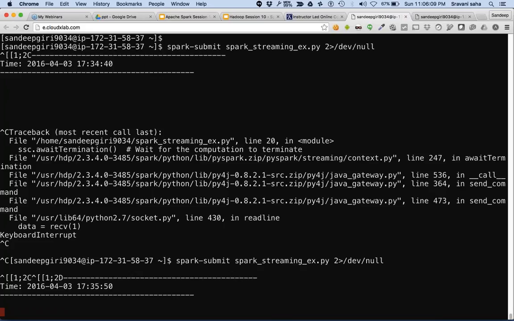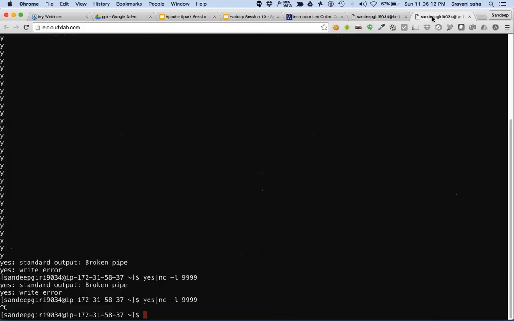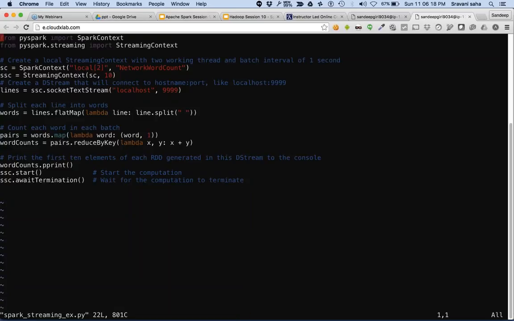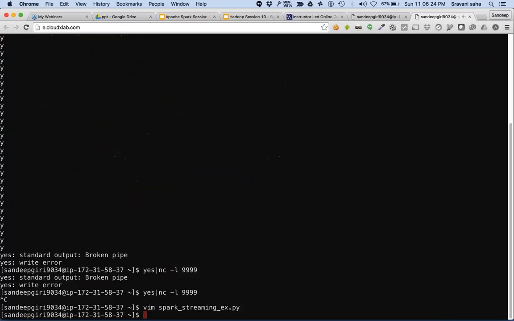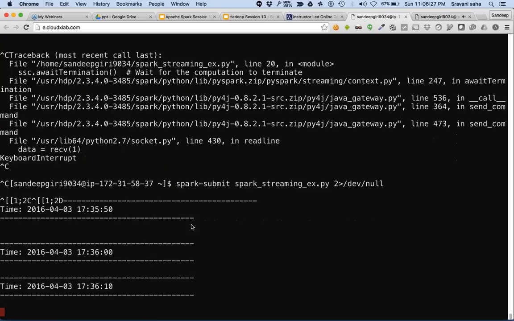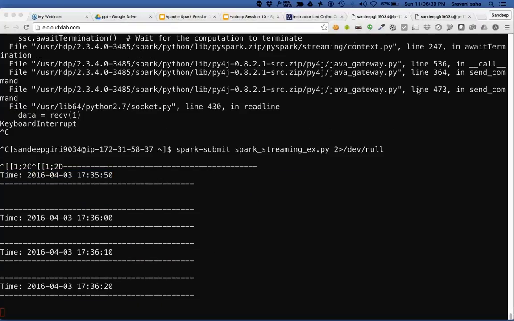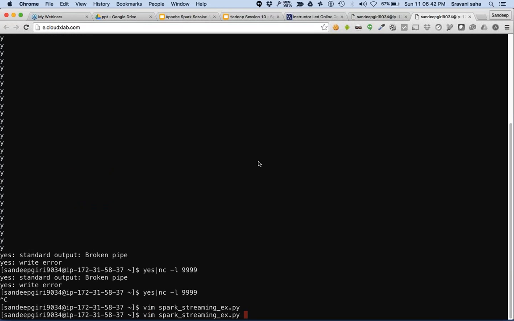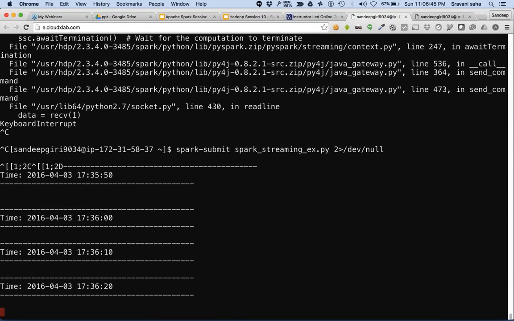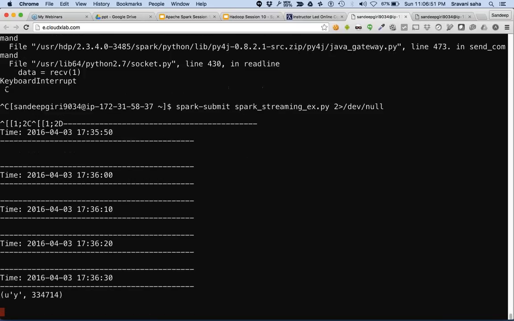All right, now I think it's working. And how much is the delay? Now you can see, every 10 seconds, this Spark streaming is printing the number of words it has encountered. Now let's start producing some real data, so that in 10 seconds it should be able to do the calculation.